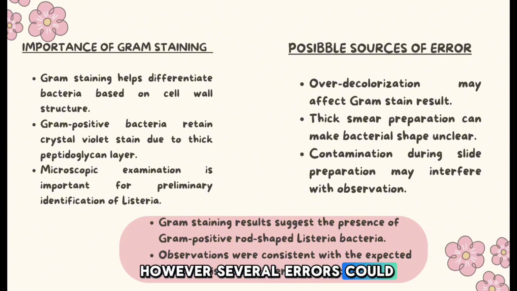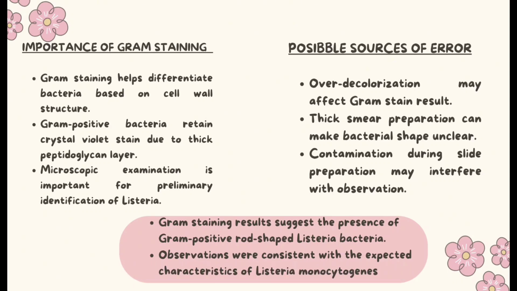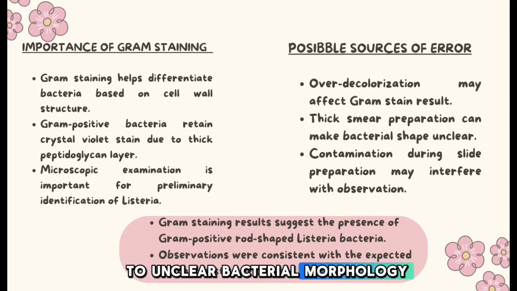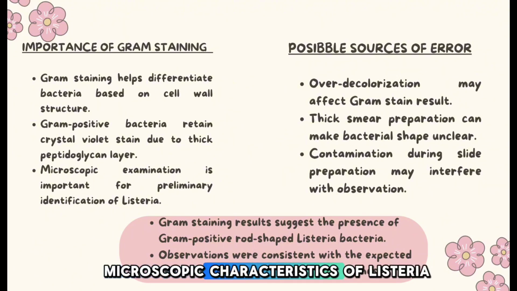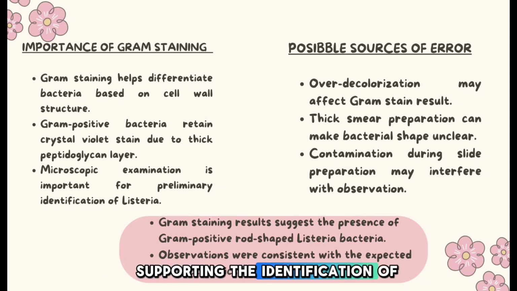However, several errors could affect the accuracy of the result, such as over-decolorization, contamination, or preparation of a smear that is too thick. Those factors may lead to unclear bacterial morphology or incorrect staining results. Overall, the Gram staining experiment successfully demonstrates the typical microscopic characteristics of Listeria spp., supporting the identification of the bacteria